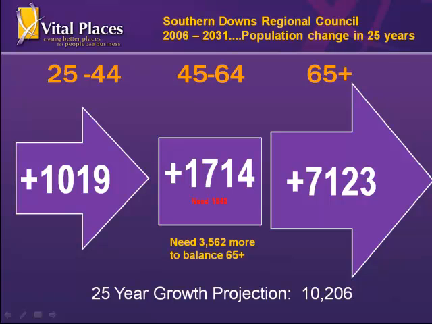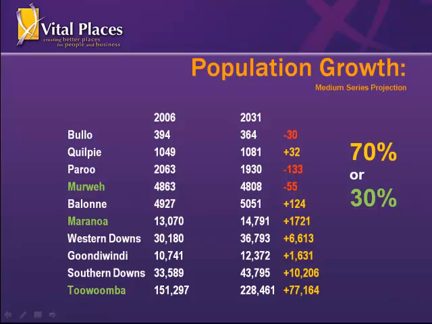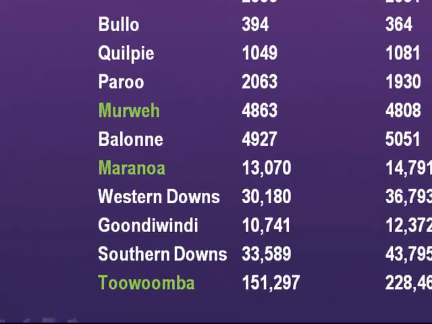Southern Downs Regional Council requires an additional 3,562 to balance the ageing population. Projections are 1,714. Toowoomba Regional Council requires an additional 14,390 in the peak spending demographic. The current projections are 18,441. In summary, a closer look at the general growth figures for the region reveal the fact that only 3